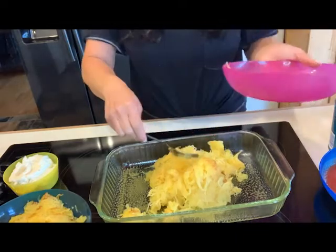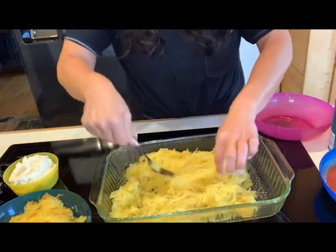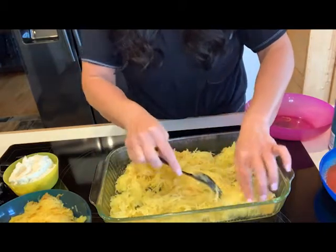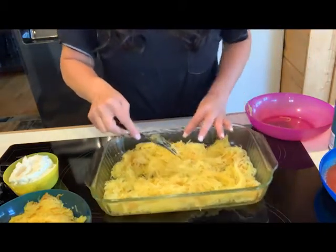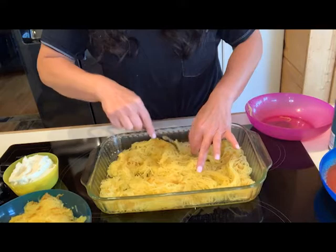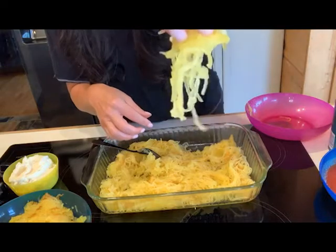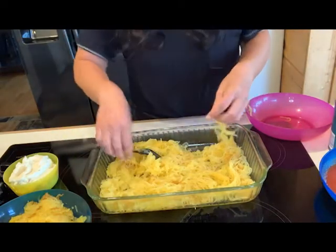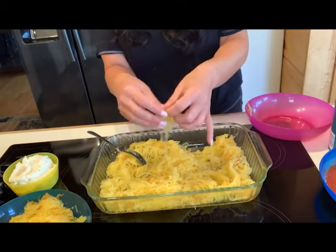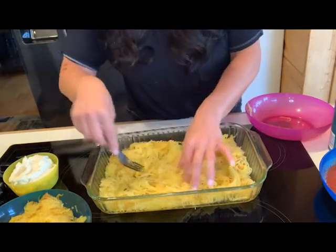So I'm gonna take half my spaghetti squash and put it in the 9x13 pan, like so. You just want to make sure it's even. Again, if it's not all broken apart, make sure it's broken apart into spaghetti-type noodles, because it should be almost like spaghetti noodles. If you have any clumps, just break them up with your hands. Your hands are one of the most amazing kitchen utensils you can use. Okay, so once you get that all even,